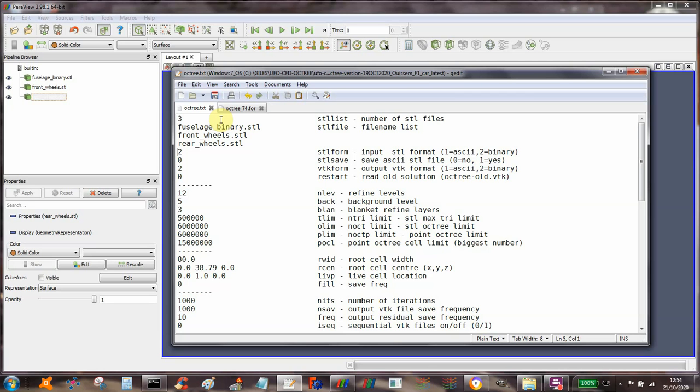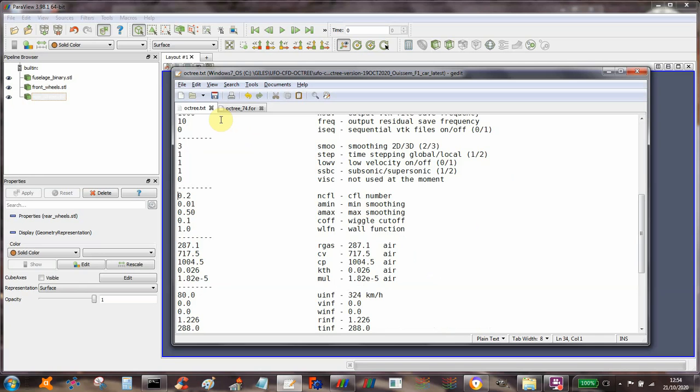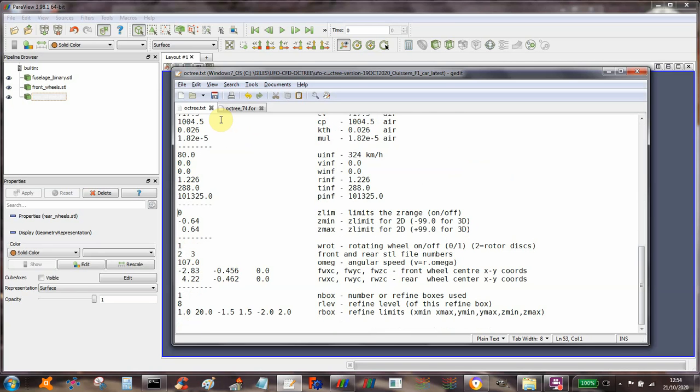And here I've specified binary STL format. I'm saving in binary format the VTK files, and that's about it. Until further down in the file,